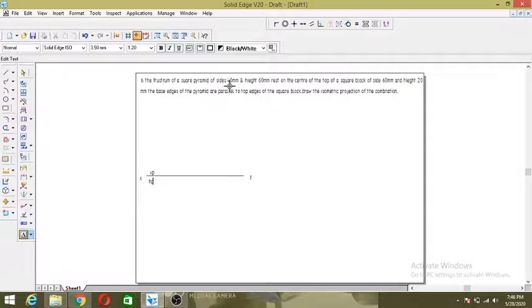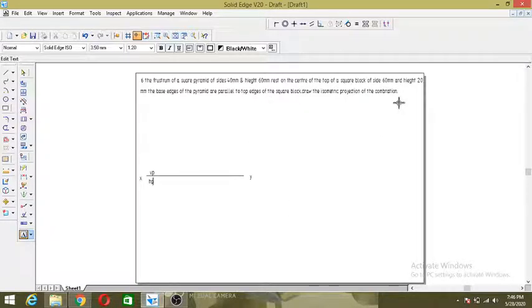Another one is a frustum of a square pyramid, base side 40, height 60. The top face of the frustum is 20 mm square. This is the problem definition given here.